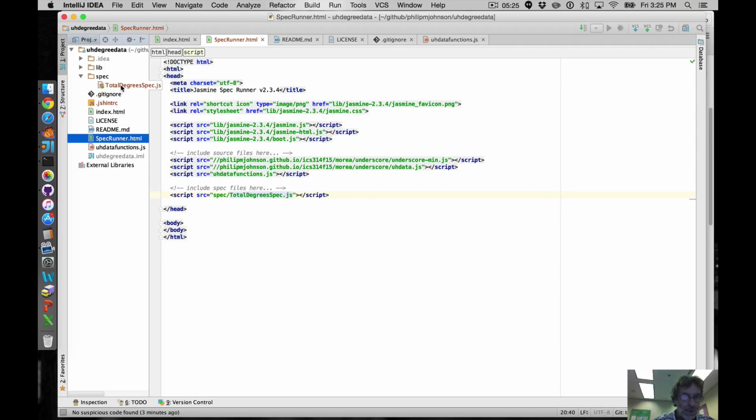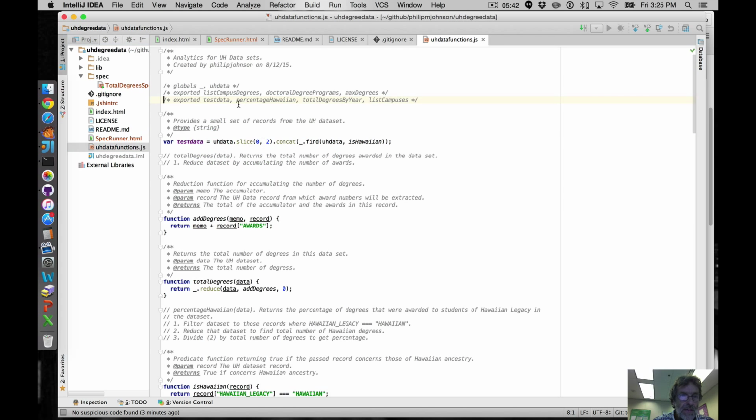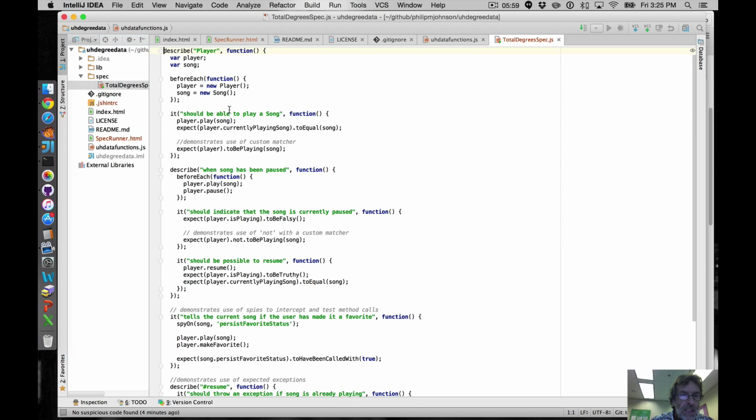So we go into our spec runner, and we just note that we invoke totalDegrees, and in fact, if we look at our data functions.js, we have this test data that would be convenient to use. So what we'll do is make a copy of that, and then in totalDegrees spec, we're going to do